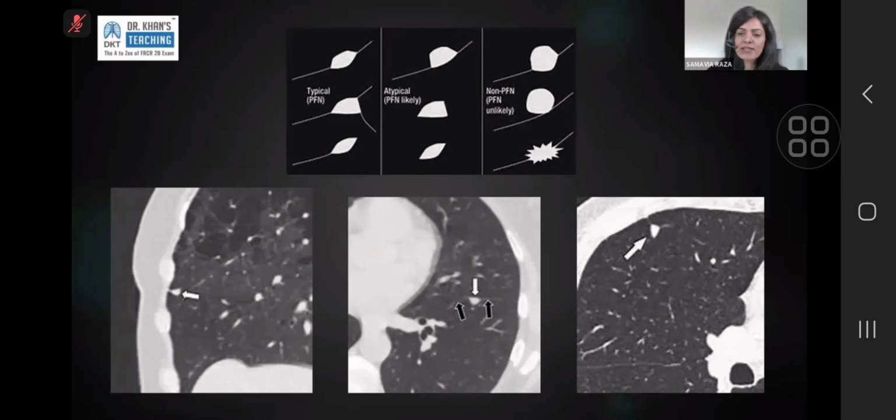So you can describe it. You can say the lesion is peripheral, subpleural, although the margins appear slightly irregular. Therefore, 3-month follow-up is recommended. When they come back for 3-month follow-up, they should be treated from that point on, or from the initial scan, as a lung nodule and followed up like a lung nodule. So atypical or a non-pulmonary lymph node morphology should be treated like a non-nodule unless proven otherwise and followed up